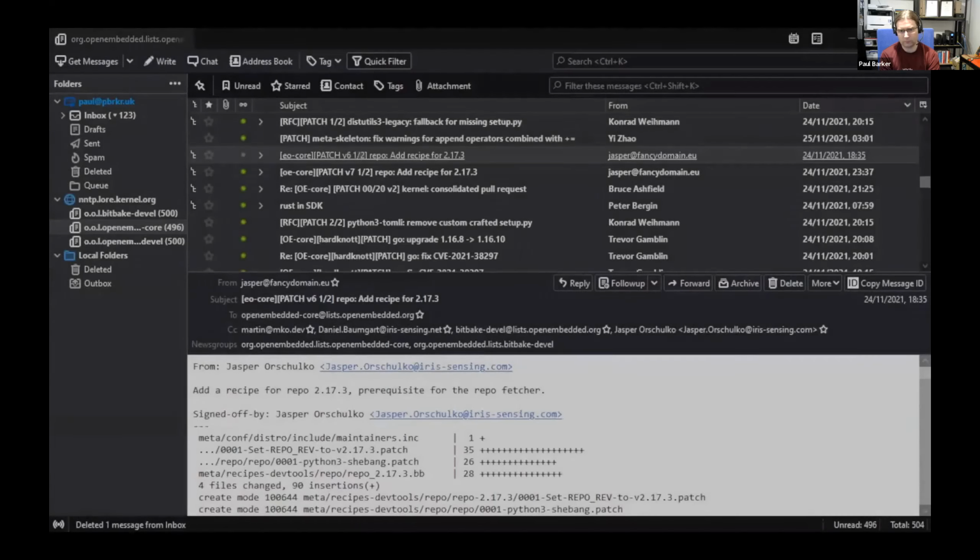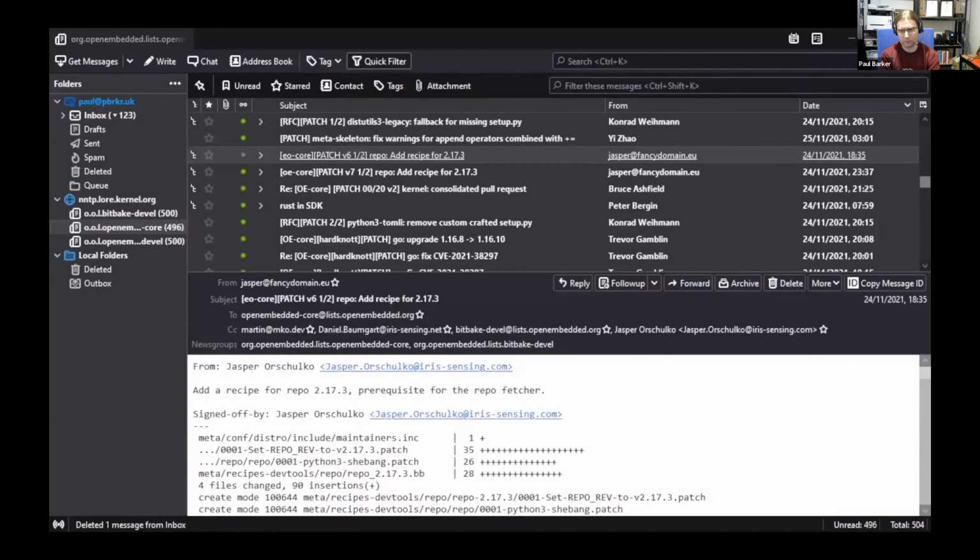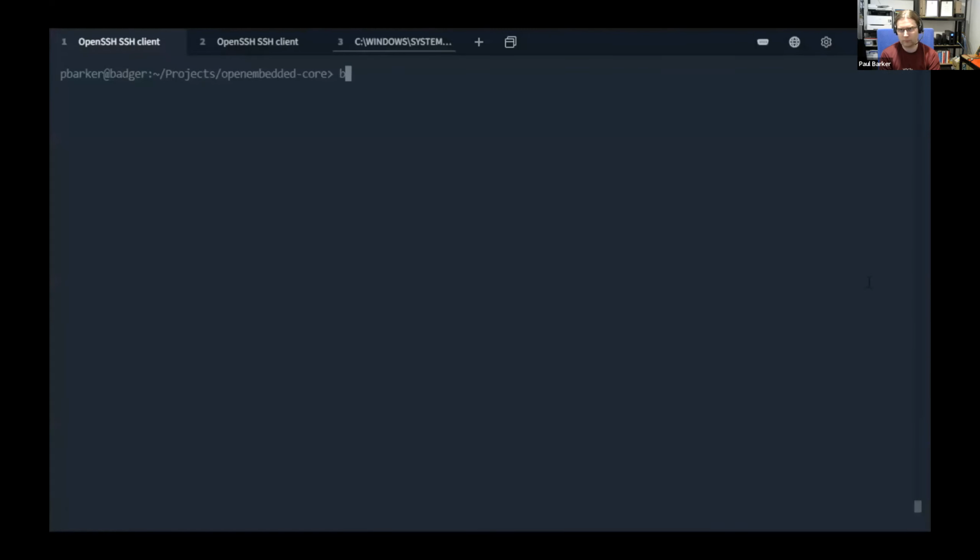For the last feature that I want to demonstrate, we're going to look at a different set of patches. What I've got selected here is a v6 of a series, and if you look, you'll see a v7 of the series just below this. But what if we missed the v7? What if we thought the v6 was the latest? So we're going to copy the message ID for the version 6 of the patch series. I'm going to go over to our terminal and we're going to use the -c argument to b4 to tell it to check for more recent versions of this patch series.